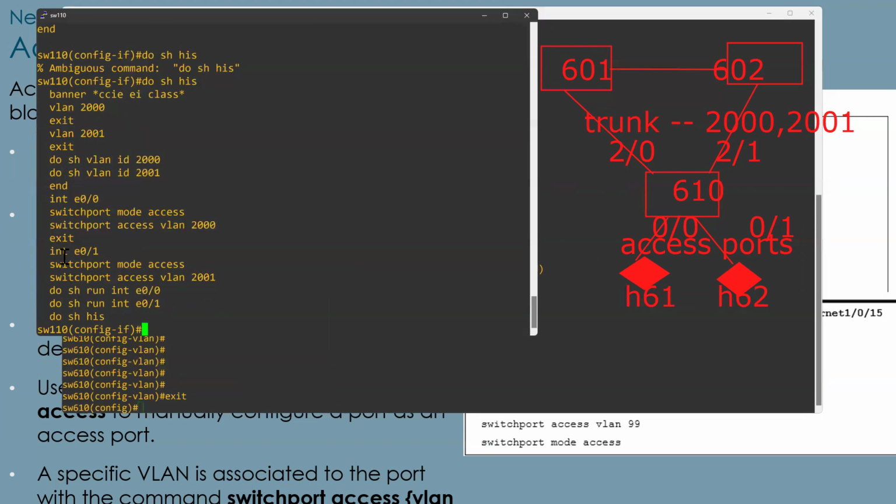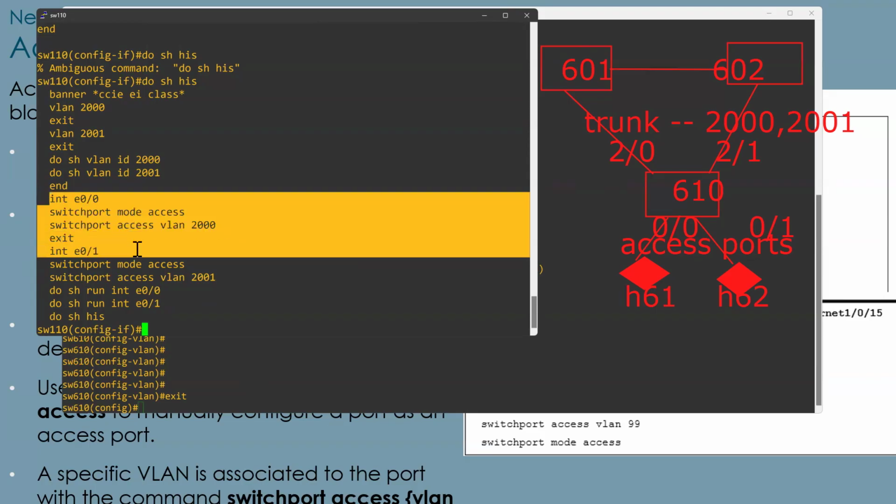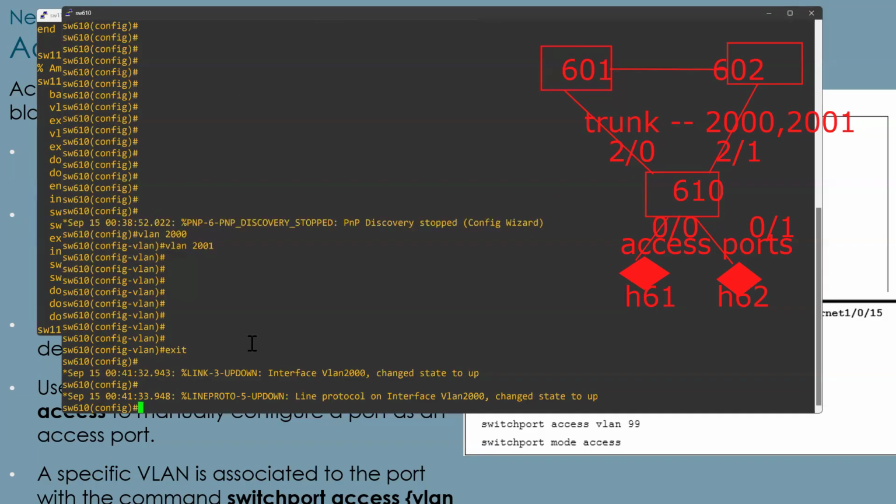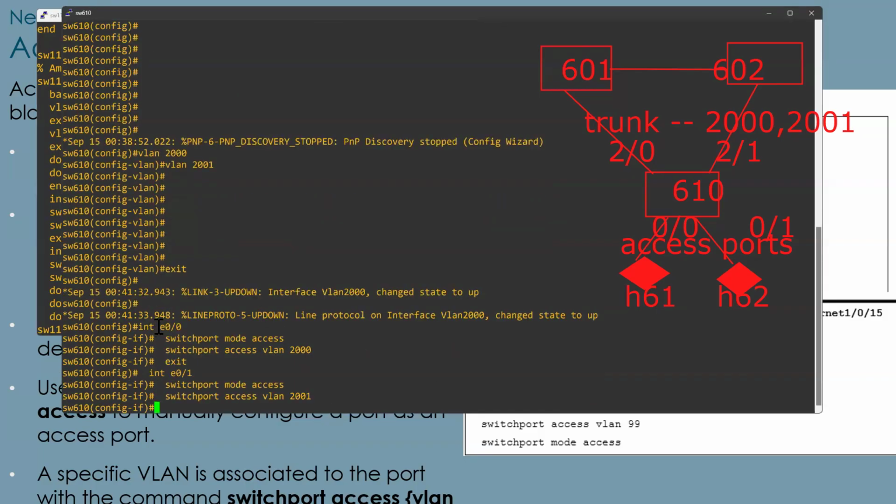Now you can see VLAN 2000, 2001, and then we are going to the interfaces and assigning the VLAN, right? So what I will do, simply I'll go and copy this config, because same thing I want to do here as well. I'll go here and paste. So these portions are completed, like access,